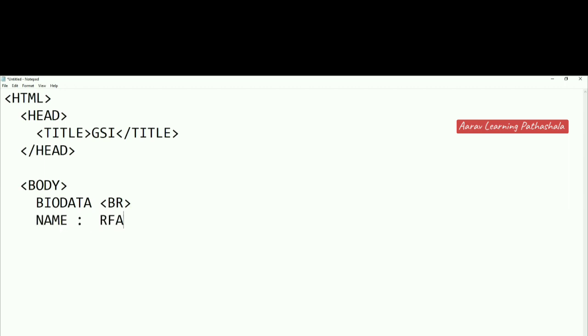For example, I can write one name, Raju. Again after this we have to make use of the BR tag. Father name, for example Shivappa. Then we have to make use of the BR tag, closing this.